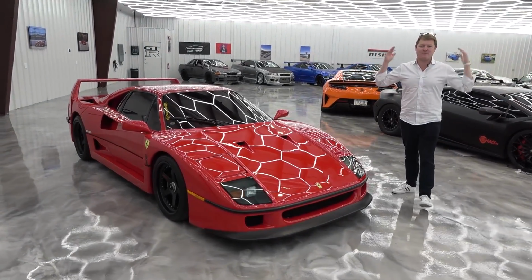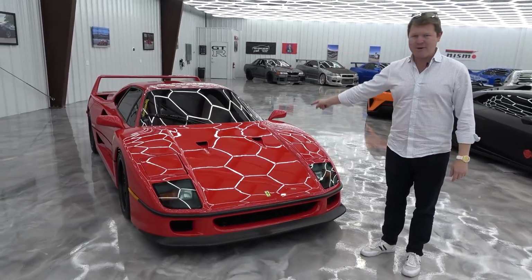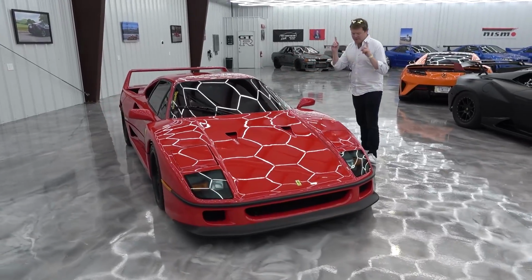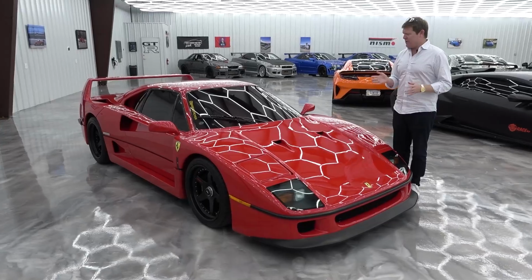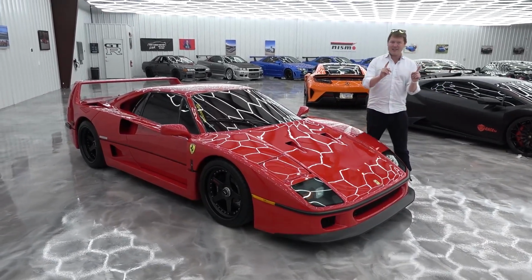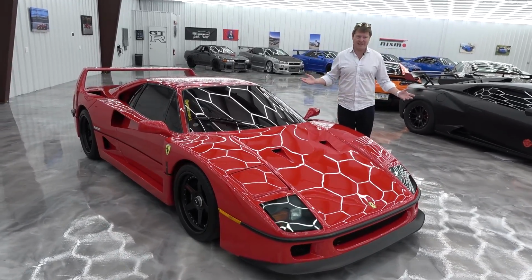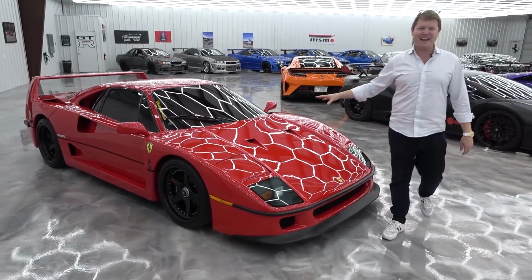We're here with my friend 458 Destroyer in his awesome garage to talk about one of the most iconic Ferraris of all time, one of the greatest Ferraris of all time, in a car that a couple of years ago you could pick up for sub $1 million. In fact, only 10 years ago, it was probably less than $500,000. Nowadays, one of these will set you back 2 million, 2.5 million, a great example, maybe 3 million. The market is off like a rocket for these things, and we're going to take it out to talk about